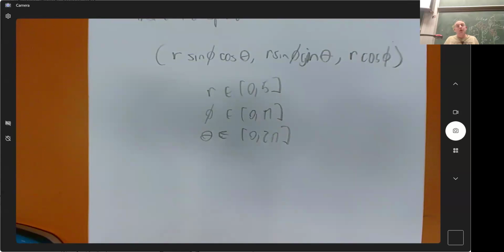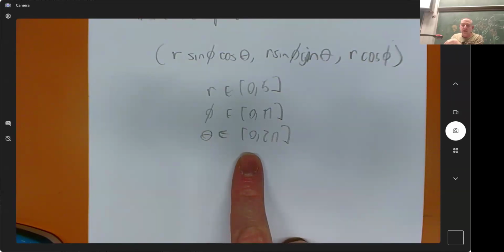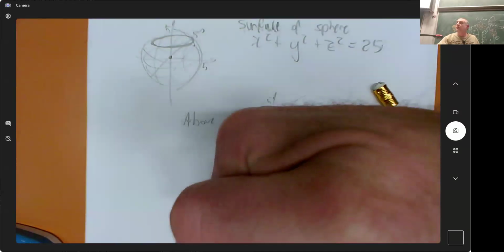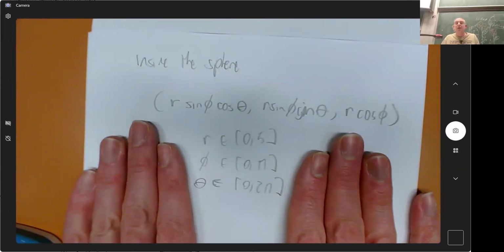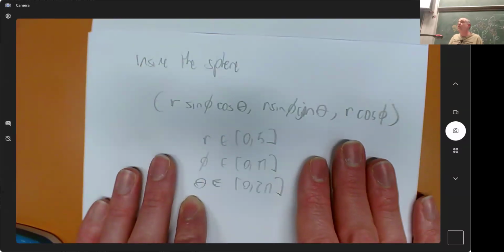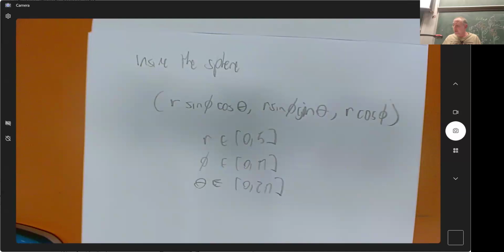And even though technically I used the phi and the r to tell me what the radius was of the little circle that I was at, overall I can choose the theta first. And that just tells me what direction this slice is in, because I can slice it in all these different directions. So this is a really good parameterization because these three directions are independent of each other. And the cylindrical was exactly the one I did before, where r cos theta, r sine theta, but z is just z.